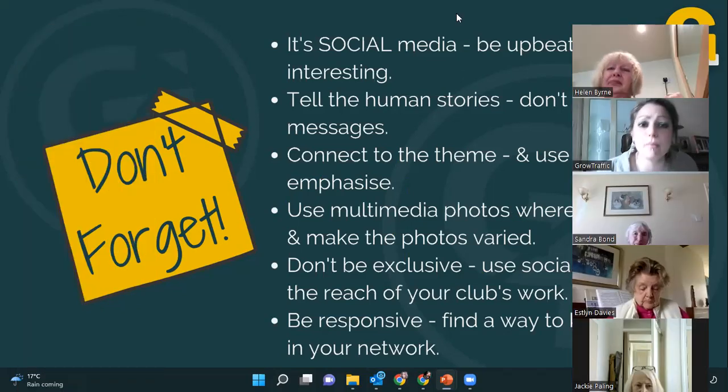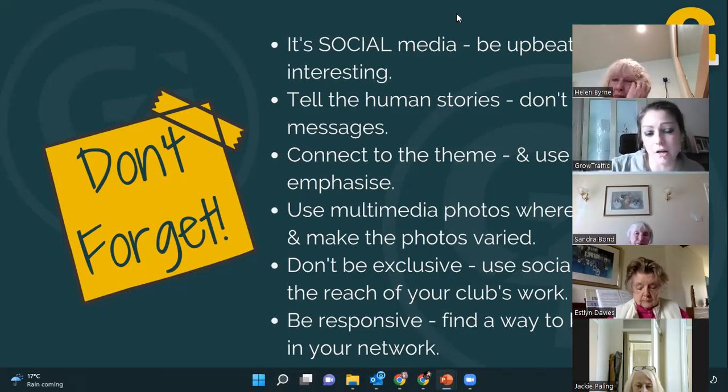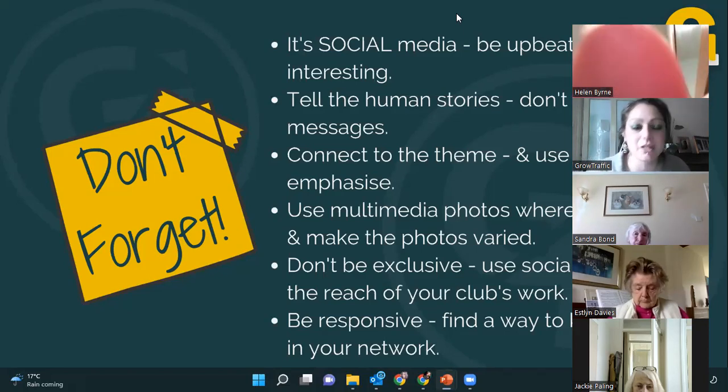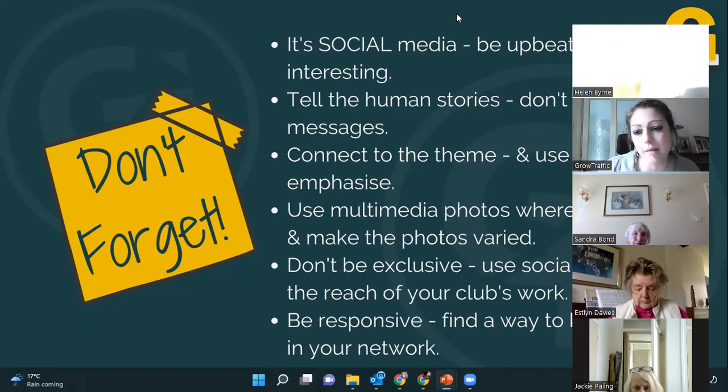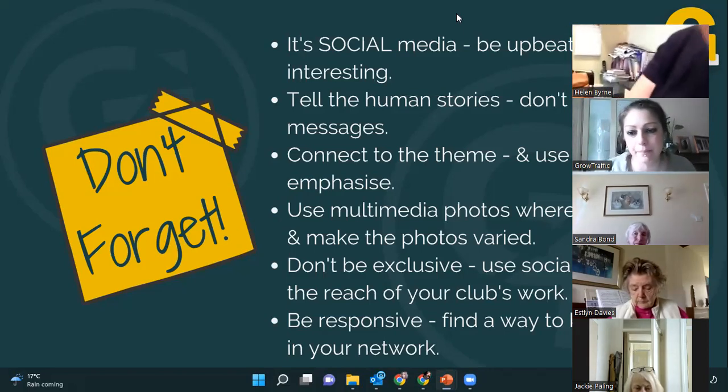Post, tell the human stories, and we'll talk about this a little bit more when we come on to the membership thing, but focus on the people, and rather than just saying, you know, again, rather than objects or things, events, you know, focus on the people. Connect to a theme. So again, always remember the why and the so what. So we are here doing this today. So what? What's the cause? Why are you doing it? What are you trying to achieve? How can people help? So always do that. Ask yourself, so what? Go that step further. Again, we'll come back to that in a little bit.